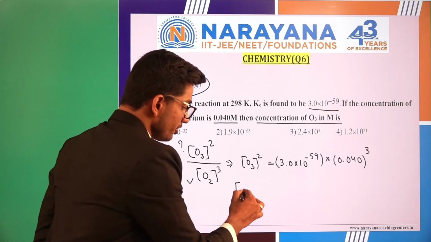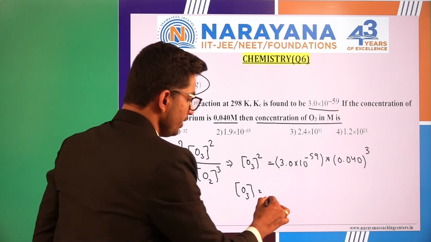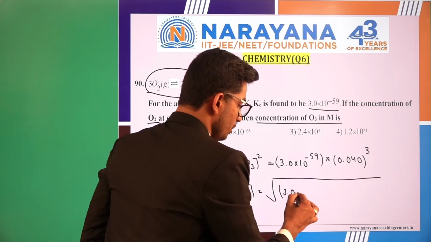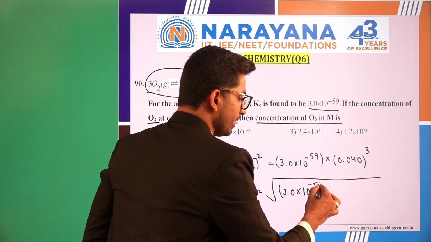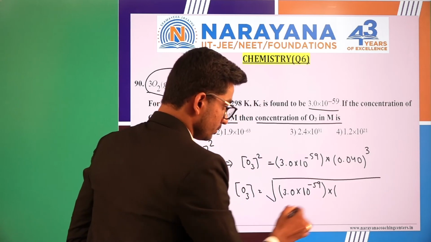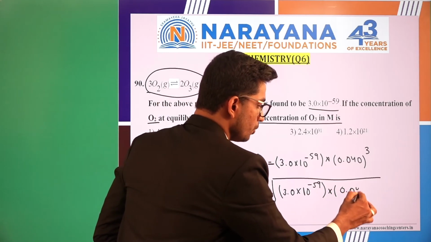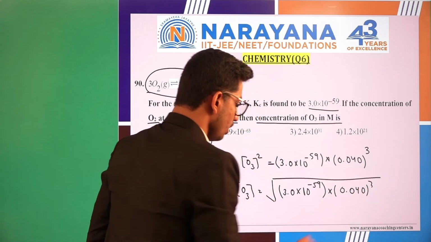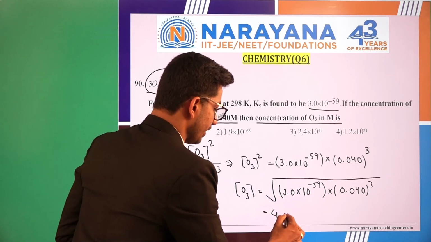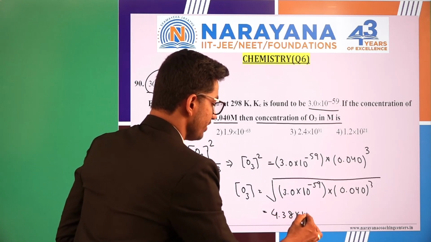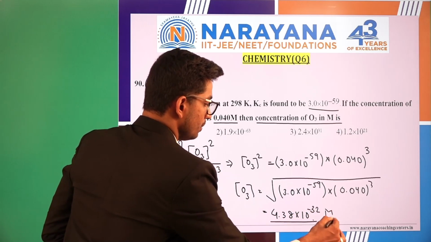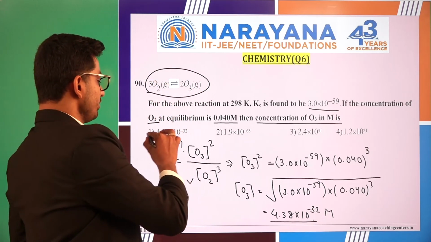So the concentration of O3 is just going to be the square root of 3.0 into 10 to the power minus 59 into 0.040 whole cube, and when you solve this you will get the value as 4.38 into 10 raised to the power minus 32, and this will be in molar concentration. So basically the answer will be option number